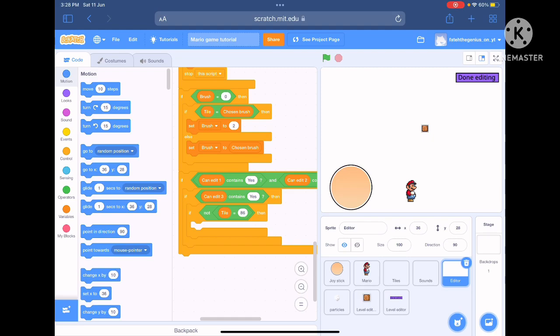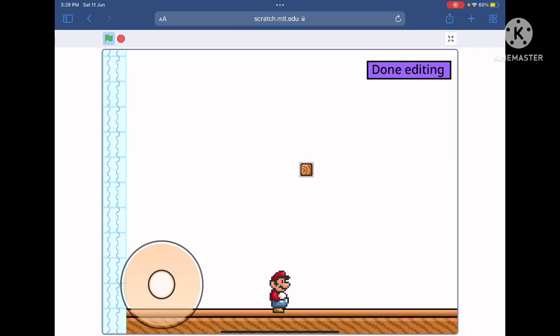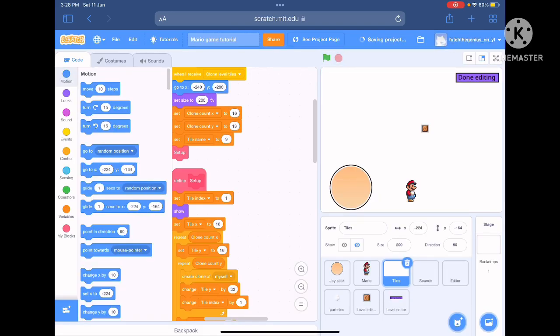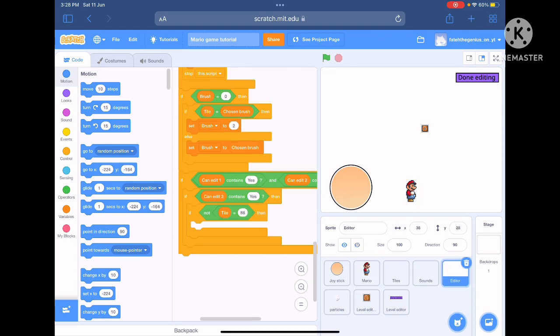That means it's the barrier. This blue barrier at the side, yeah, that's the thing. And if we're not touching and all of the can edits equals to yes,